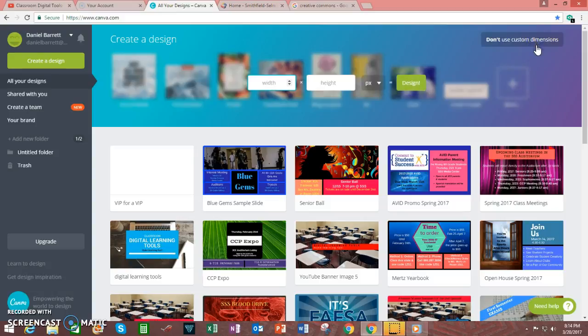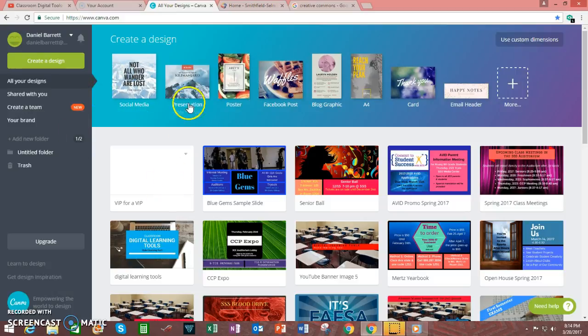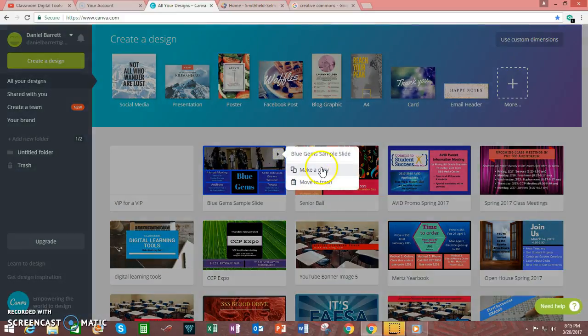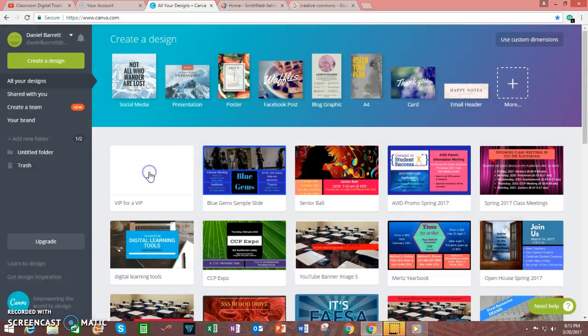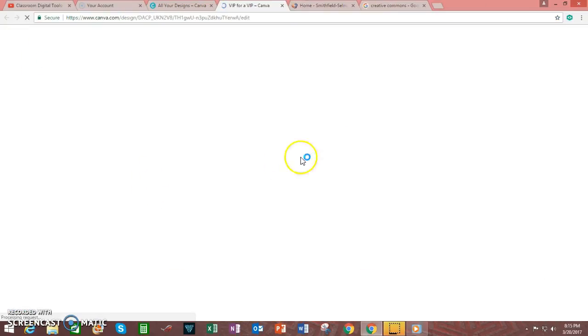You can set up ahead of time custom dimensions. After entering in the desired width and height, you just click on Design. I've done that in the past and I've already created a number of slides. If I wanted to, I could just make a copy of a slide and then rename it, which is how I created this one. This is a blank slide right now,